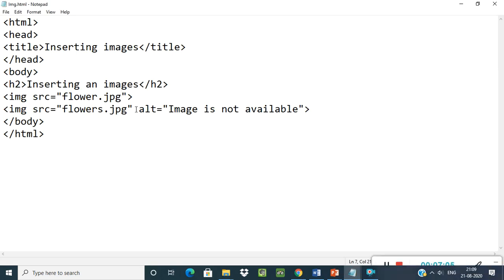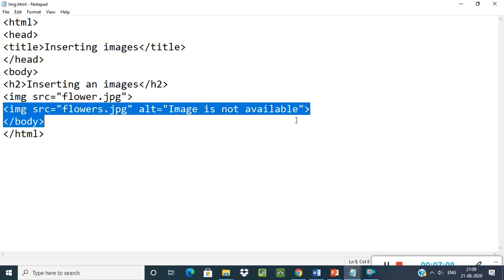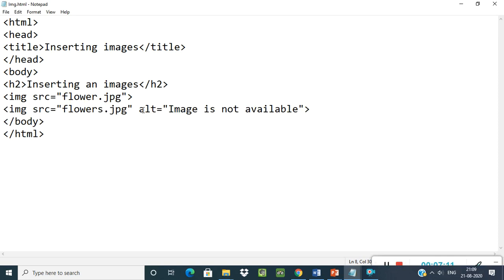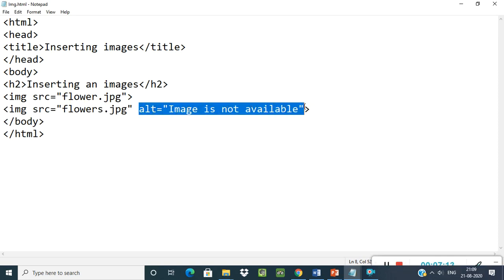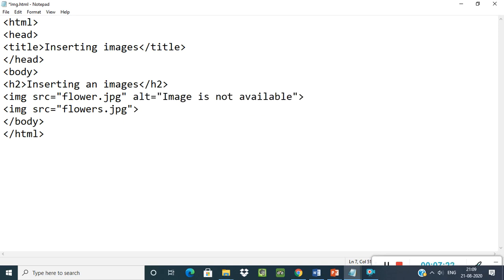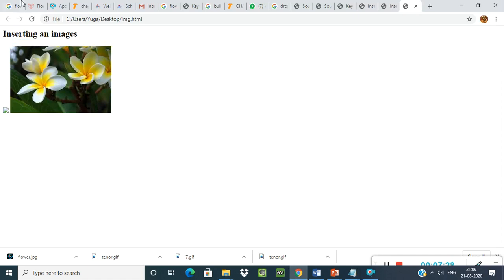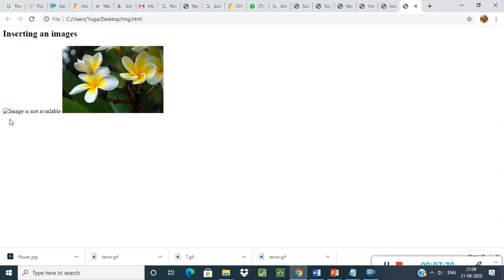I gave the alternate text on the second image source tag. Suppose I select this, cut this and paste it on the first image source tag. Now save this file and reload your file again. See, now it shows the alternate text here: image is not available.